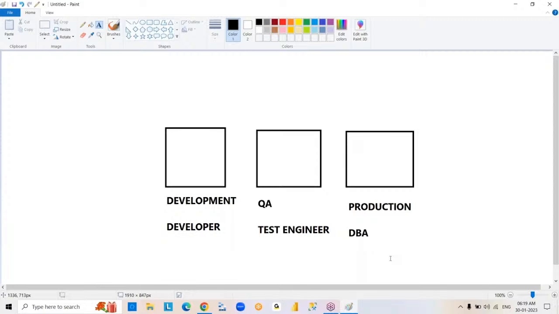We are going to work with different types of versions of SQL Server. Okay, now